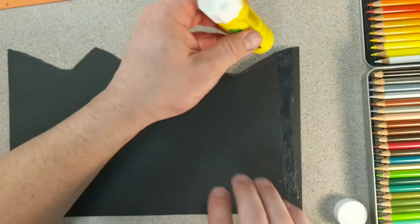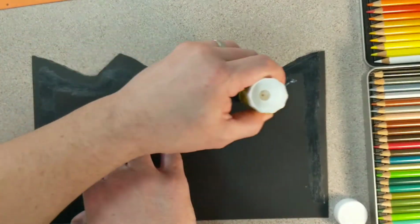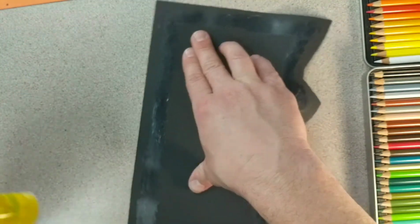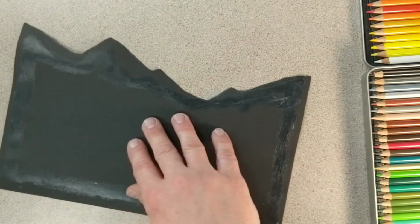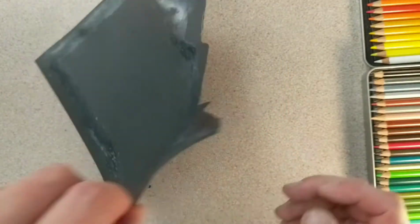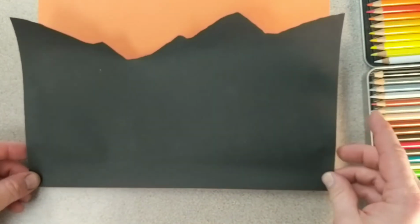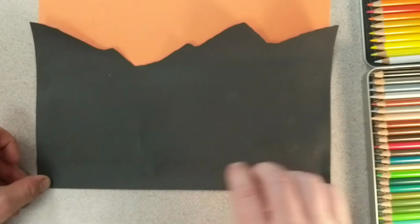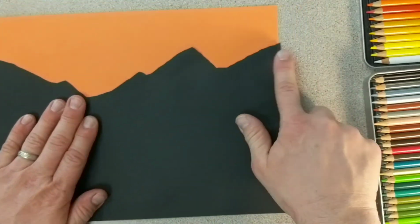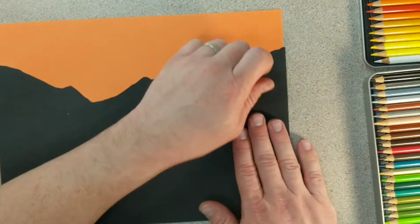I'm going to put 2 layers of glue all the way around it, following the edge as best as I can. Just like this. Some people want to put an X in the middle, some people put a dot in the middle, some people want to fill it all in. Just a simple tracing around the edge of the paper with the glue is all you really need. Now I'll lay this down and line it up as perfectly as I can at the bottom. And remember, not all construction paper is going to be cut in equal size. So if it goes off the edge like it does over here, don't be worried about it. It might even go further off the edge,